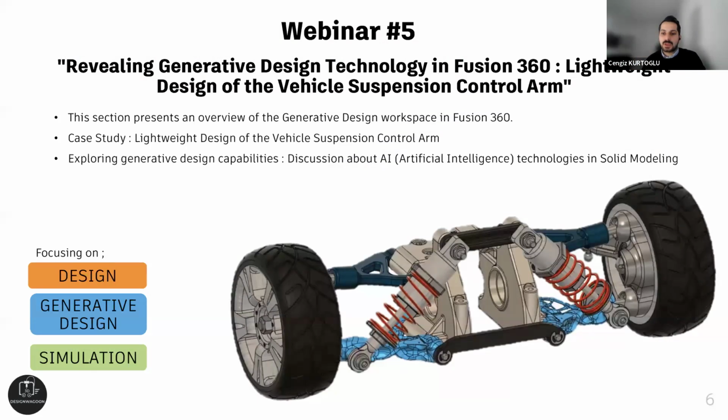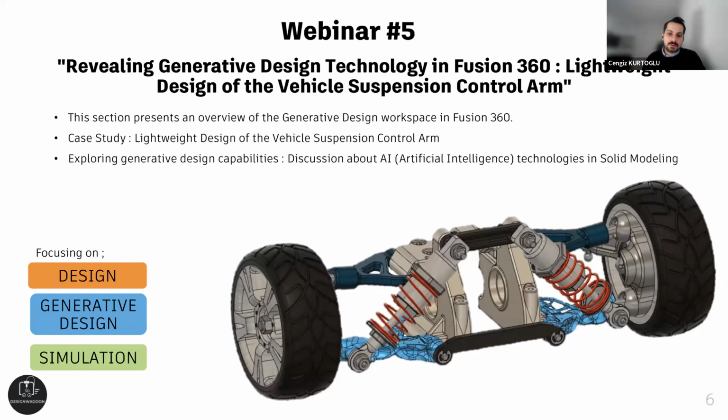And I'll show you the difference between topology optimization and generative design. It's also interesting to find the differences, because generative design doesn't need a starting shape, but you can also assign a starting shape if you want, though it's not mandatory,